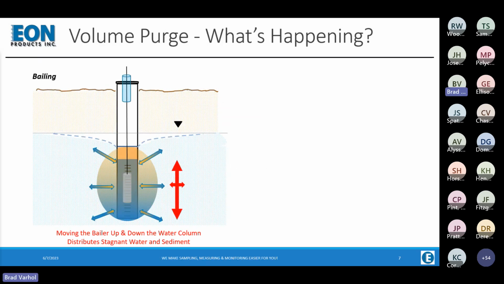So we use this purging process that the EPA mentioned, and we have some guidelines around that. And there's really 2 types of purging. There's volume purge, which we'll talk about first. And within volume purge, we'll start with bailing. So everybody knows that a bailer is a cylinder that's empty, that's lowered into the well like a bucket, with the expectation that we can fill it with water and pull it back out again, and we have a sample